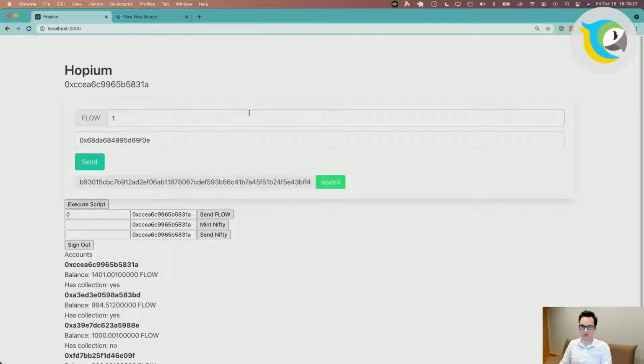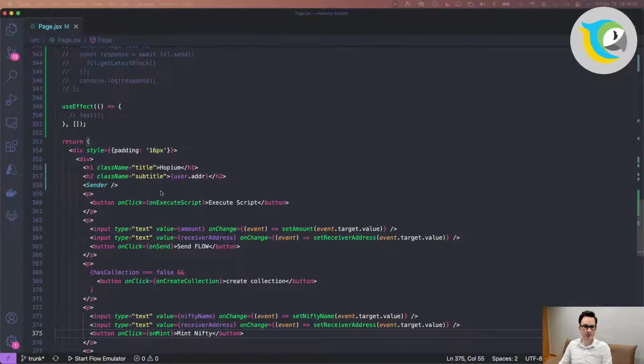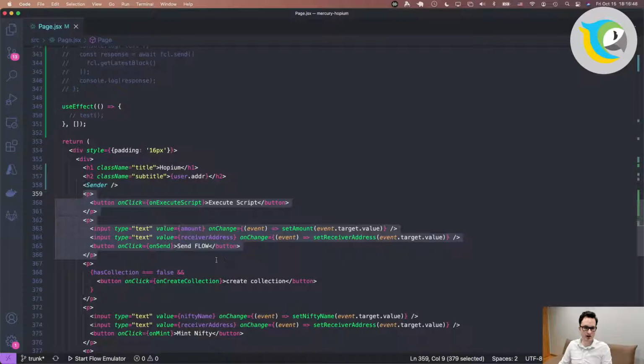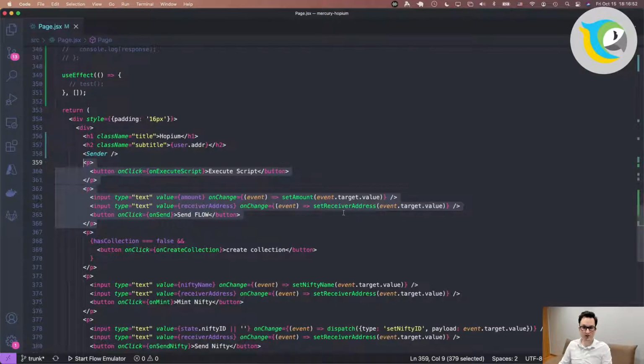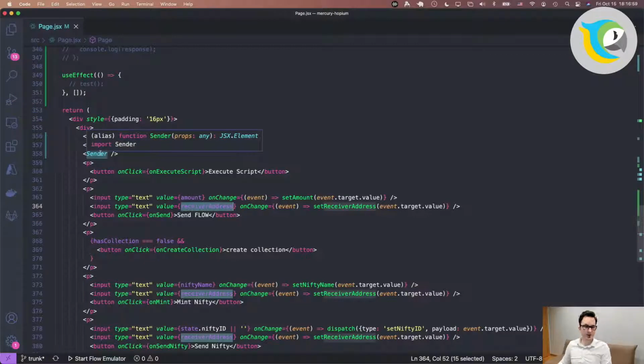Yeah, so we have this little tiny widget, and if you look at the source code, all it is is this Sender component, this React component. And that's quite handy. Whereas previously we had this block right here, and it sort of shared a lot of code with other stuff. It shared the recipient's address. And now it's sort of this nice abstract component.